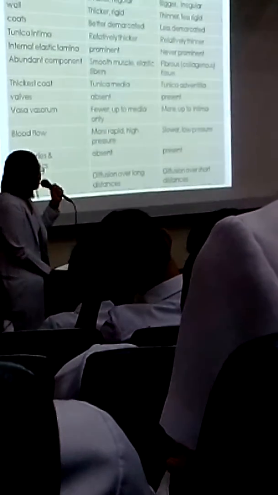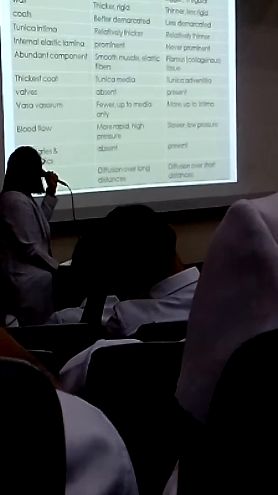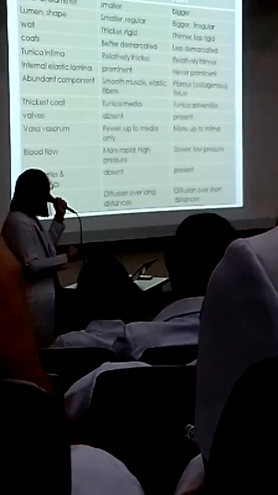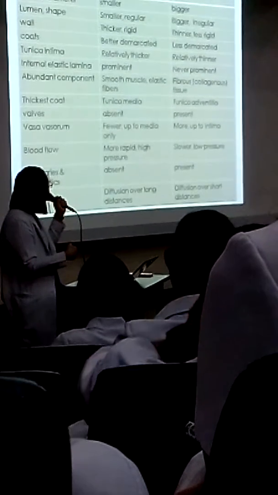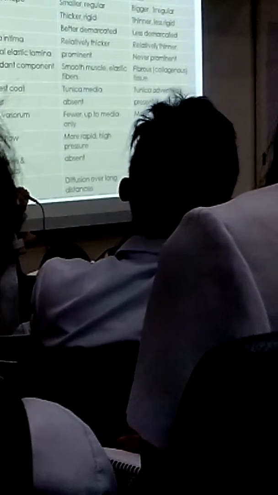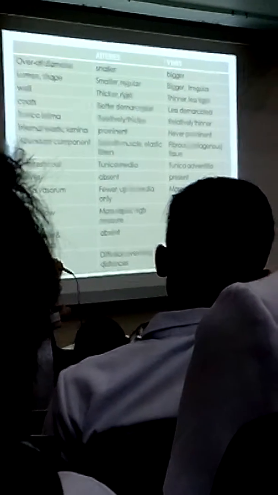So this table summarizes the difference between your artery and your vein. For the overall diameter, your arteries are smaller, the veins are bigger. For the lumen shape, it is smaller and regular, in comparison to that of your vein, which is bigger and irregular. For the coats or the layers, it is better demarcated in your arteries and less demarcated in your veins. For the tunica intima, it is relatively thicker in the arteries and thinner in veins. And internal elastic lamina is prominent in the arteries, particularly your middle-sized artery or your muscular